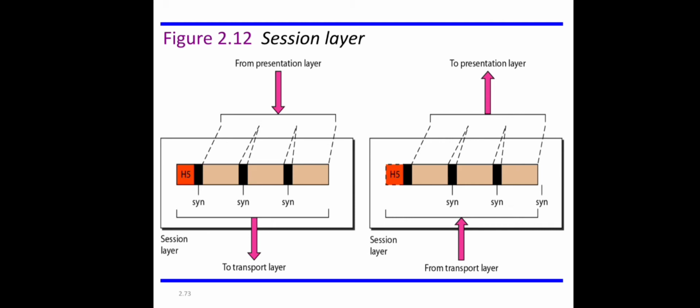Instead of retransmitting from page 1 to 522, if we are using these checkpoints, we need to retransmit only from page 501 to 522, right? Because we have already received a confirmation from the receiver that pages 1 to 500 were received successfully. So we need to transmit from 501 to 522 only. This is the benefit of using this synchronization information. Thereby we can reduce the transfer time and bandwidth.